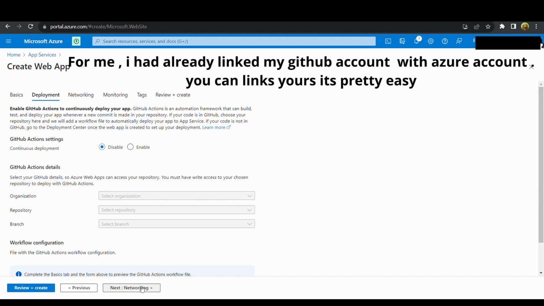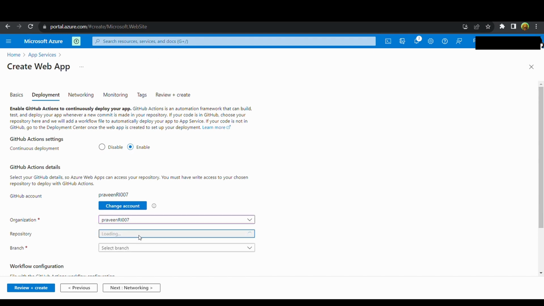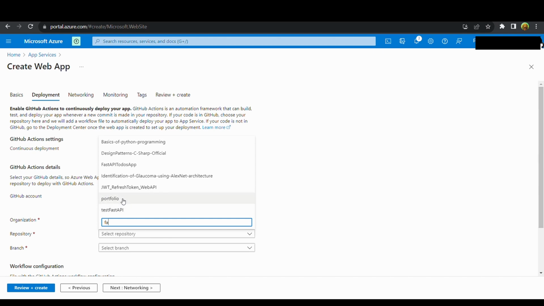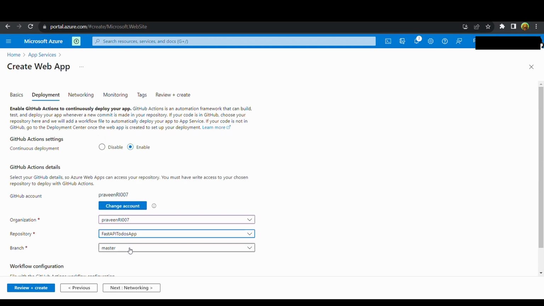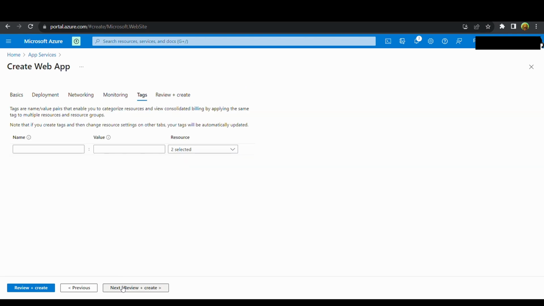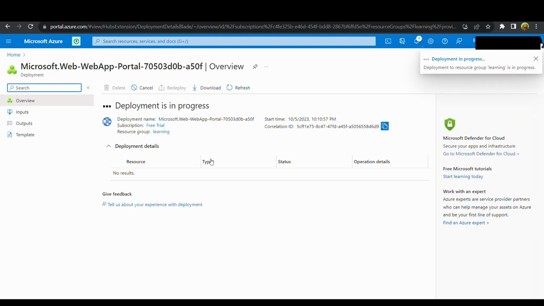In the deployment section we can see the GitHub account that is linked to this, and in that we can see the repositories and which repository we want to select, and in that repository which branch we want to particularly deploy from. We are creating the app service. Currently its deployment is in progress, and then